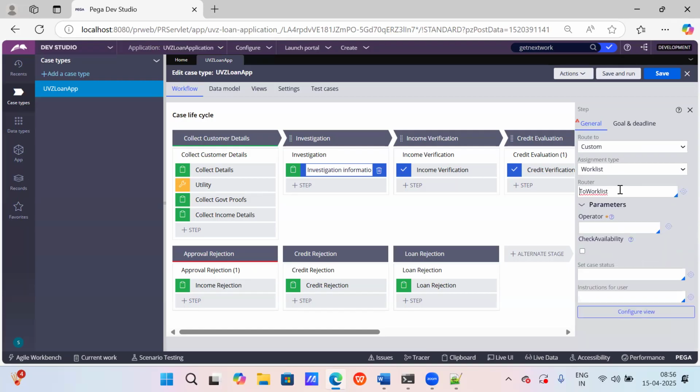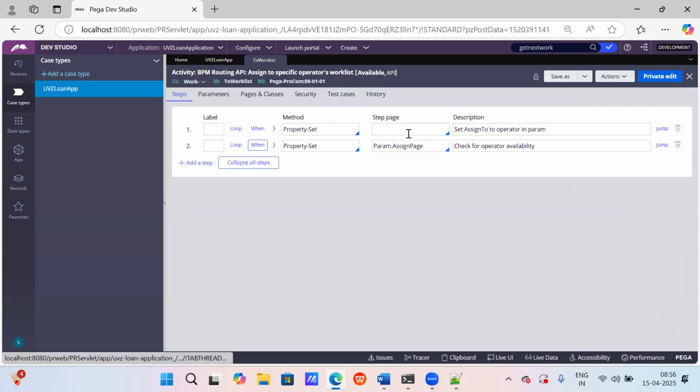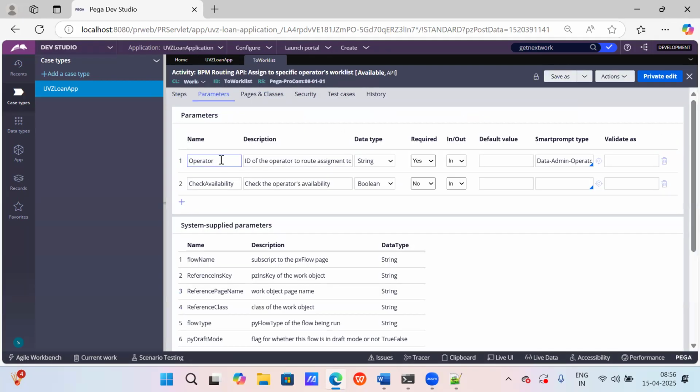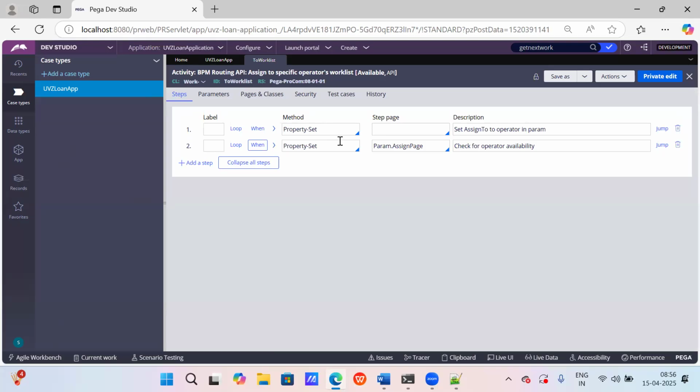If I open this to worklist activity, you can call this activity anywhere, not from here, but anywhere, and it accepts a parameter called operator. First, it will check the operator's availability. If that operator is available to work on that item, then it will go to the steps, and the case will be assigned to that person. So to worklist is very important.